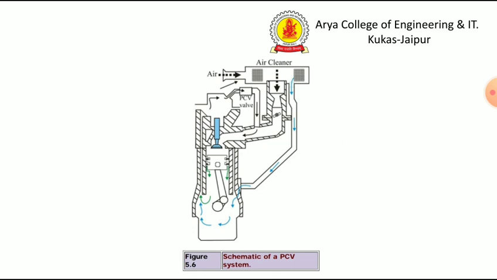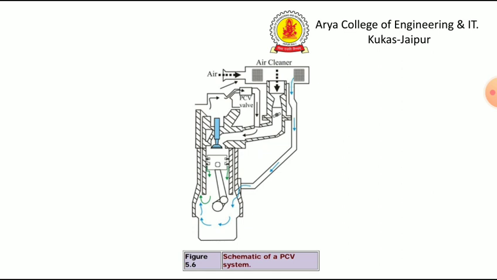A typical PCV system is one in which a tube connects the crankcase or cylinder head cover to the intake manifold below the throttle valve, which leads the blow-by gases back to the engine due to the suction effect of the intake manifold. As the pressure in the crankcase falls, ventilation air from the air cleaner is drawn into the crankcase and continuously purges it. A one-way valve, also known as the PCV valve, is used to control the flow of blow-by gases.